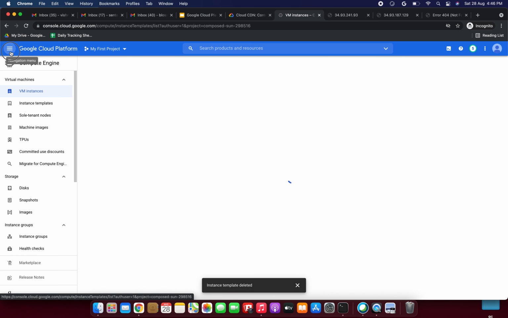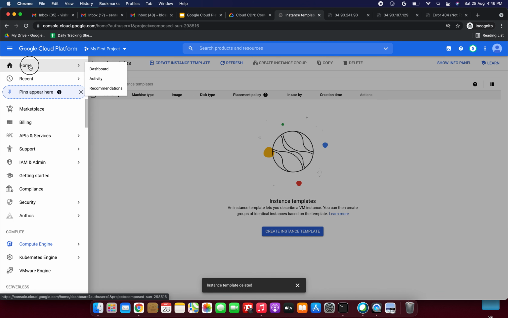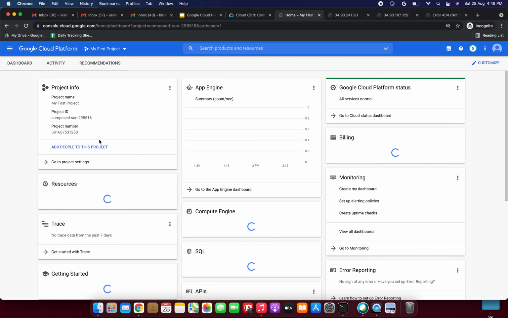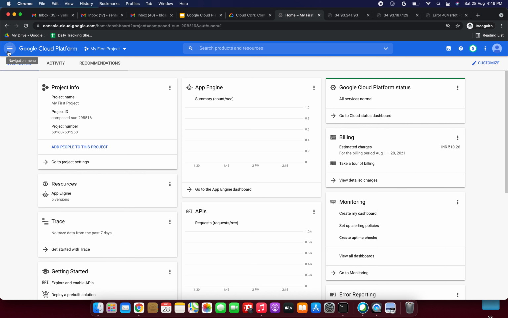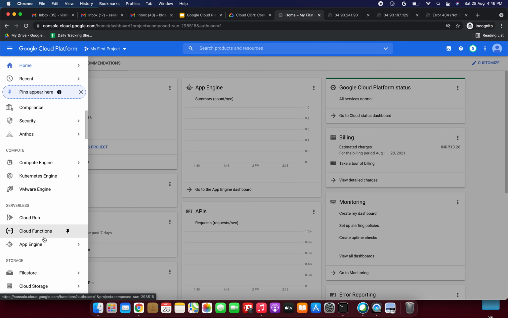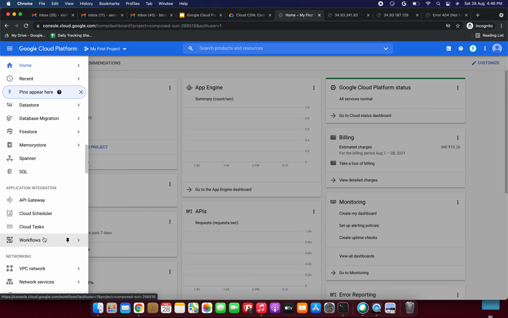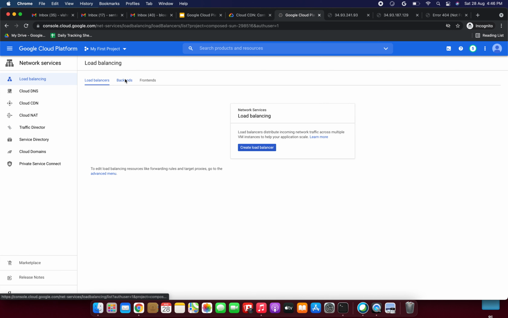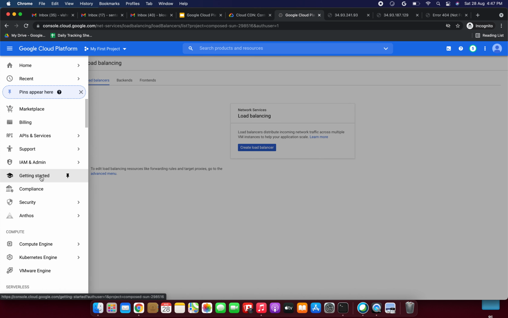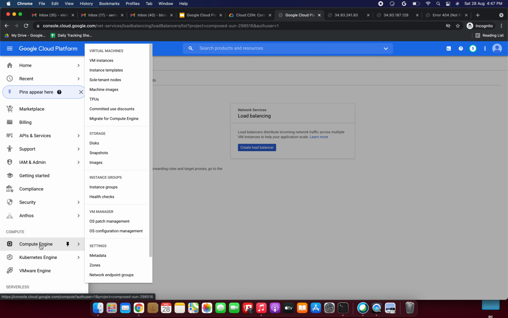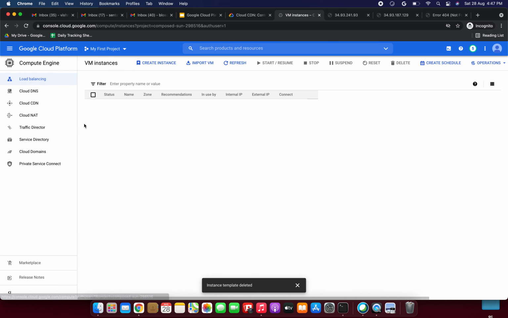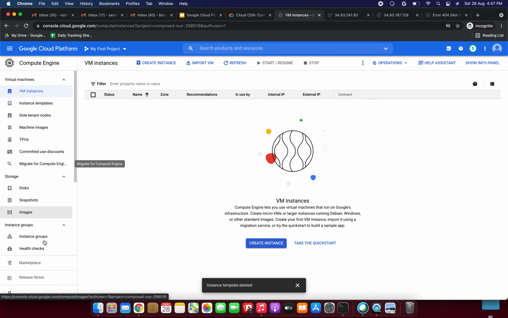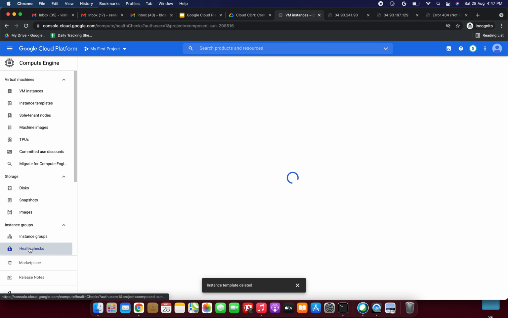So now I am going to click on the home page, and I am going to check under the resources whether we have anything or not. Okay, so we have successfully removed each and everything, friends. I am going to check again and again. Go to the network services. Okay, load balancer we have deleted, backends, frontends, just check it, friends. Then instance group, I think we have already deleted it. Go to the Compute Engine part, instance groups. Just check the health checks also, friends.